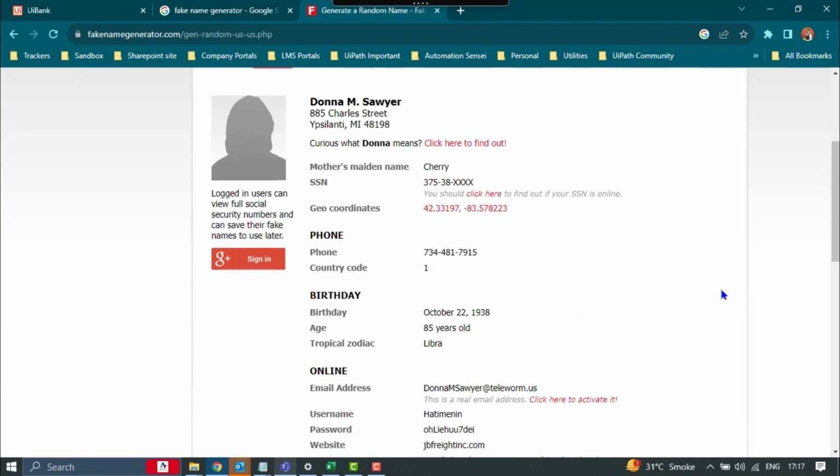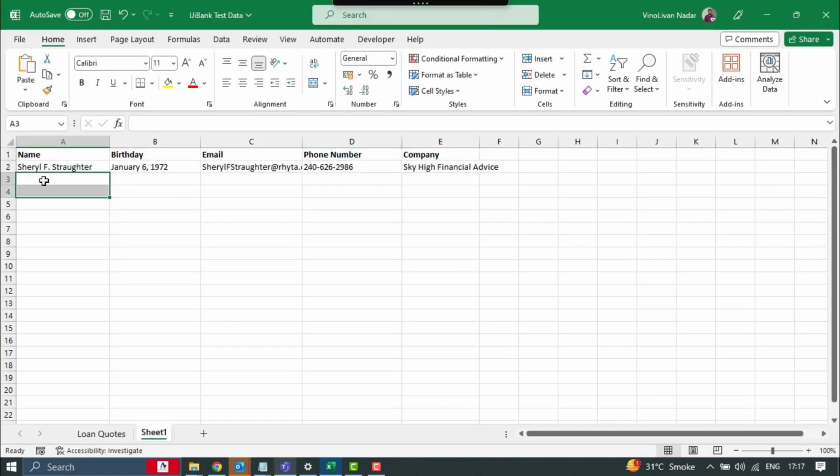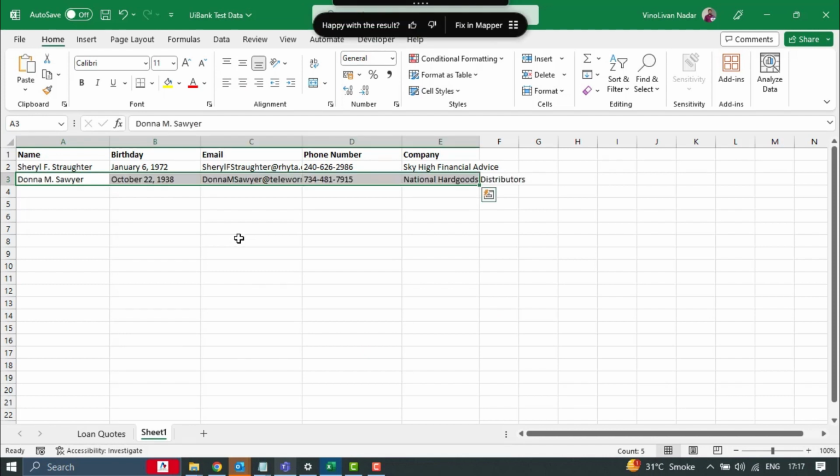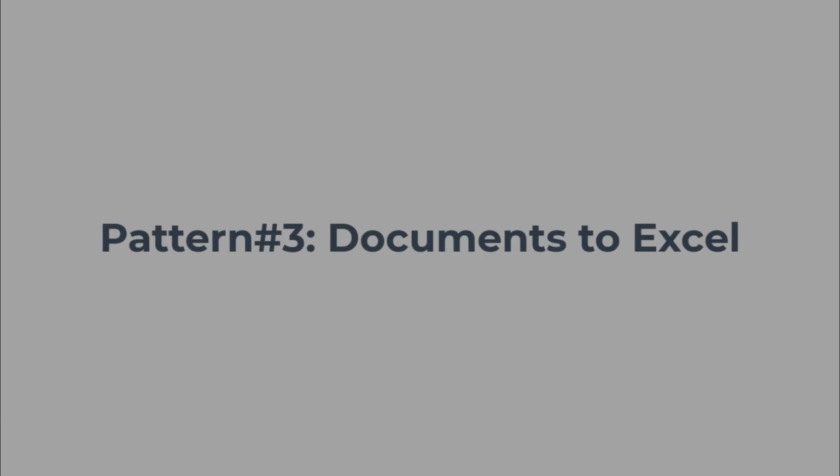Again, I'll be doing a shortcut to copy, and I'll be coming to my Excel file and pasting the data. And here you can see my second data has been added to my Excel file, and you can see how cool it was. In our next example, we have the details available in a document,